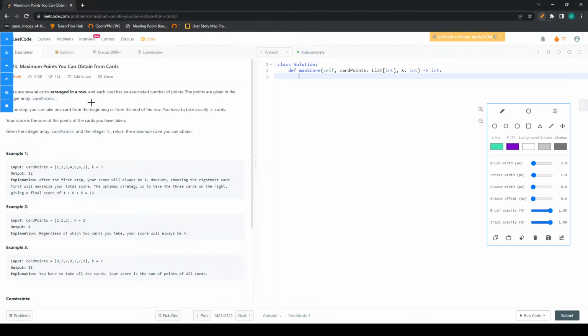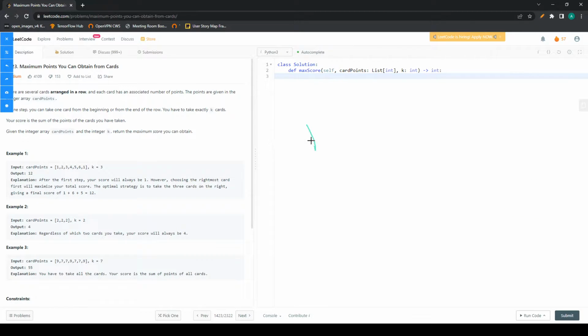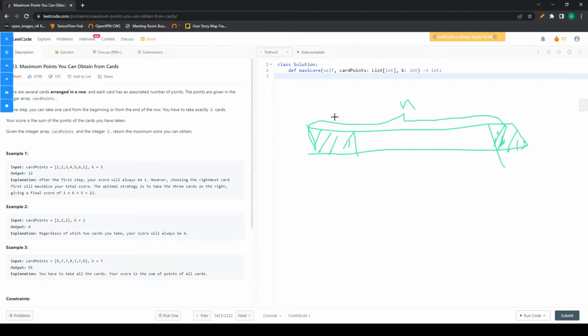So the other way of looking at this problem: let's say we have an array of n cards, so the length of cardPoints is n, and at some point, let's say we have taken some cards from the left and some from the right. If we add up the left and right together, their length would be equal to k. So we can look at this problem as maximizing the sum of this left portion and right portion in terms of points, or